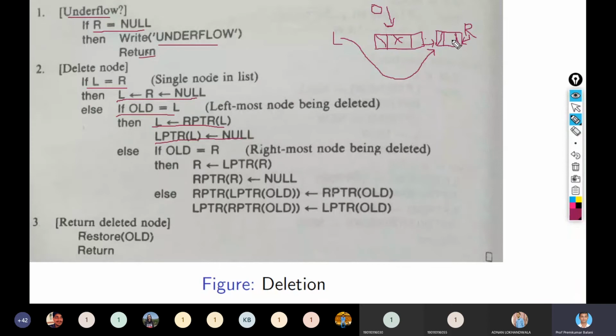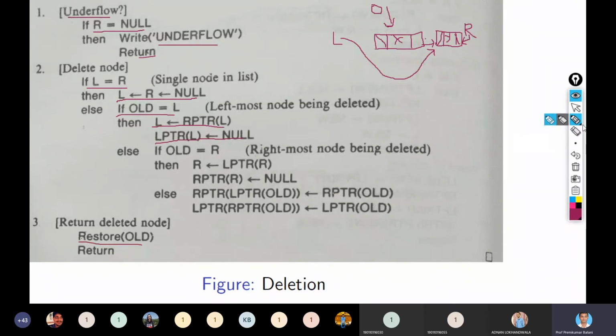So this would be the thing. After this, you can see I have L and R updated pointers, and this node, both links LPTR and RPTR are null, and there may be some data in this node, right? Have you got this? Look, we have not updated this link. The old is still pointing to this, but now at last we will say restore old. After any case, we will say restore old.